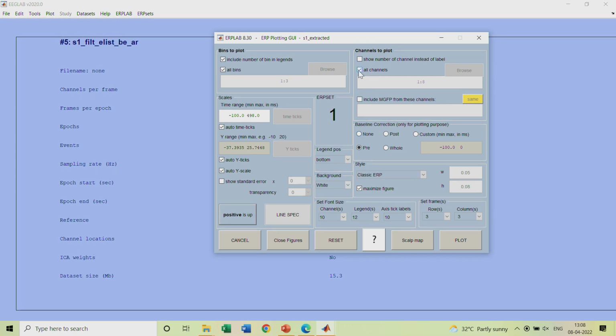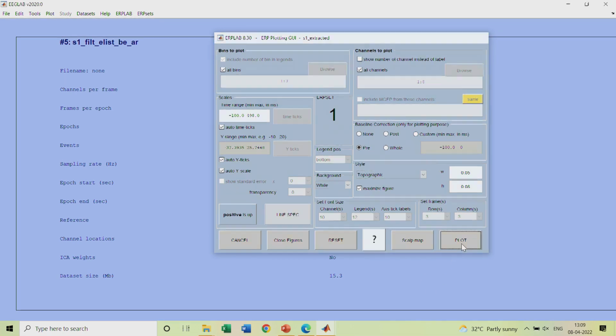Now I mentioned that this is a visual P300 experiment where all the data and all the dominancy can be seen in the centro-parieto-occipital lobe, which is my 3, 4 and 5 channel. So we will come to that, but first let us see all the channels. Also you can go here and go for a topographic view. So it will give you a better indication of how the data looks. So let us just quickly plot it first,